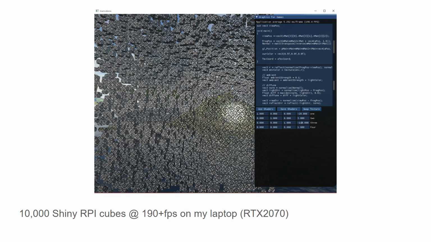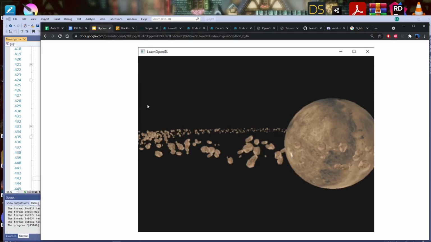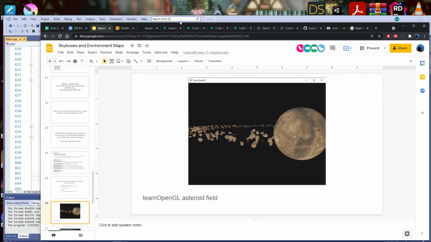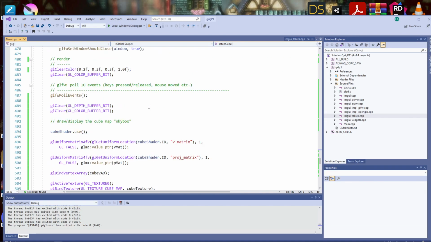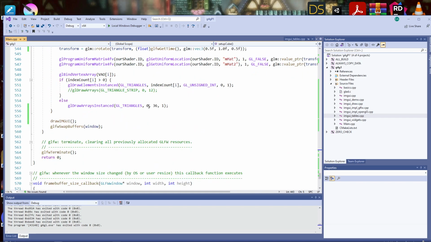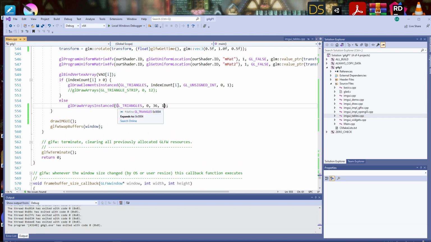Let's see if I can get it to run with the projector on here, just to kind of prove that we can do it. So now down in here, here's my glDrawArraysInstanced, and I just had it set to 1 for now because I only wanted to draw 1.